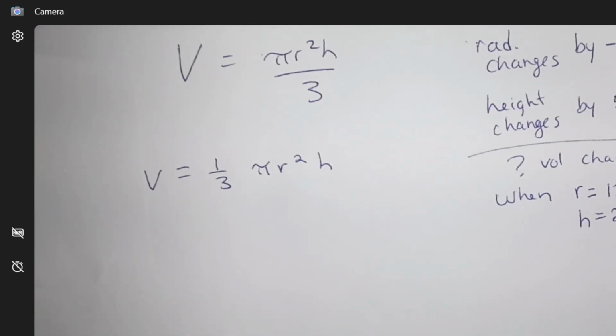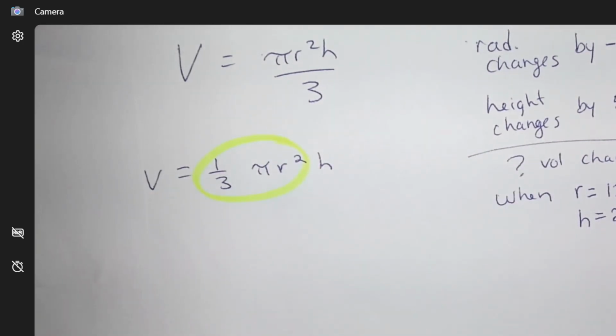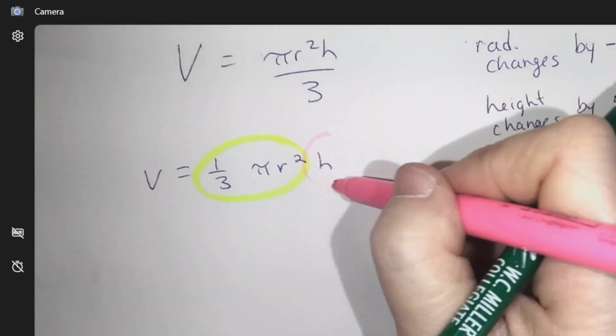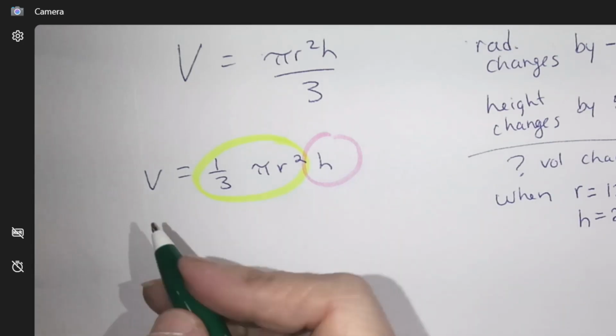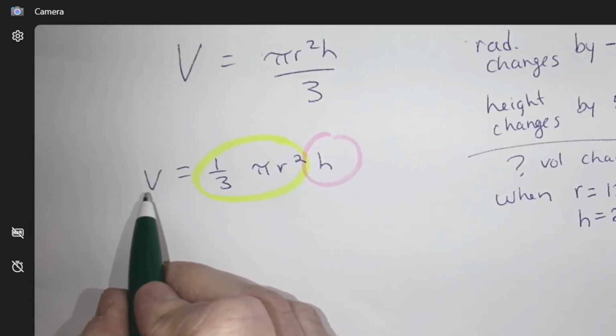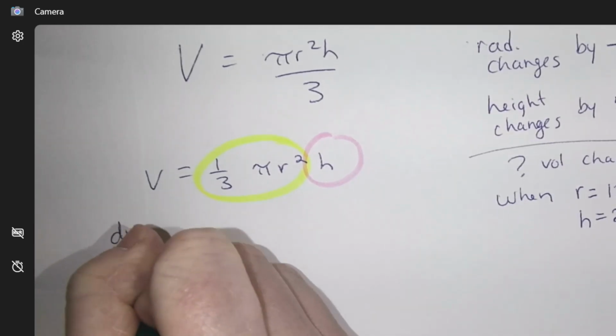But I am going to think about the product law. Do you see a product law with this? So what I'm going to do is separate the part with an R and a part with an H. Because they're different variables, that's where I'm going to do the product part. Okay, so we're deriving everything. So if I derive V, it's just 1, but then I have to attach